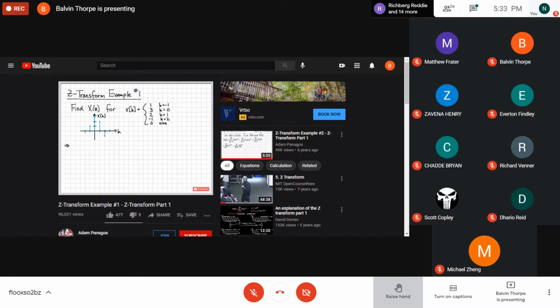What I am asked to do in this problem is to compute the Z-transform of this signal. This is what we call a finite length signal, so we're not going to have to worry about any convergence issues here, because when we evaluate the Z-transform, there won't be an infinite number of things I'm summing up. There are only going to be 4 things that I'm summing up, because there are only 4 non-zero samples.